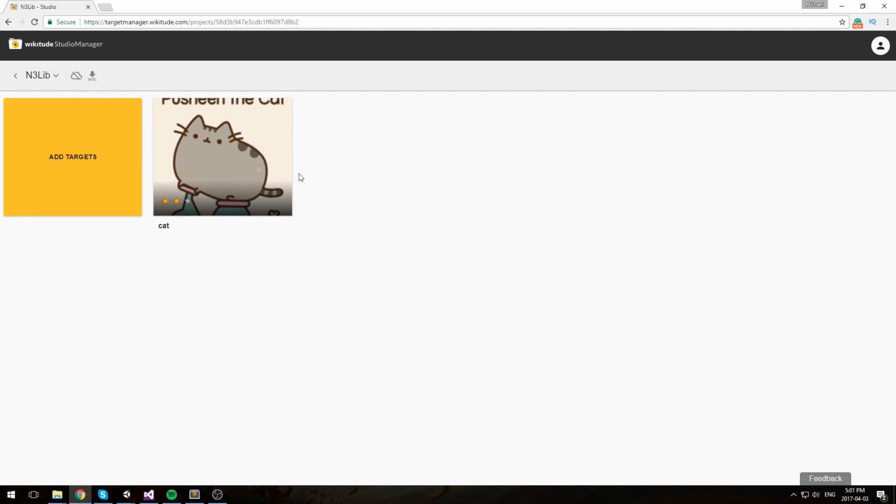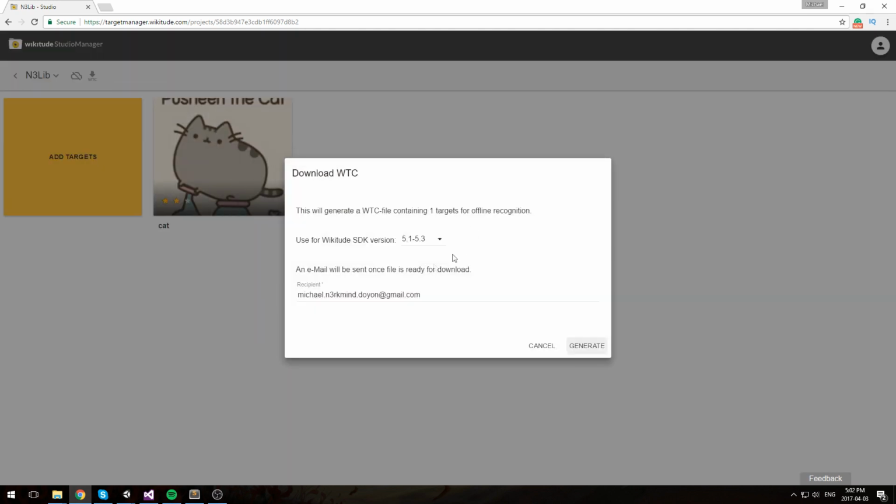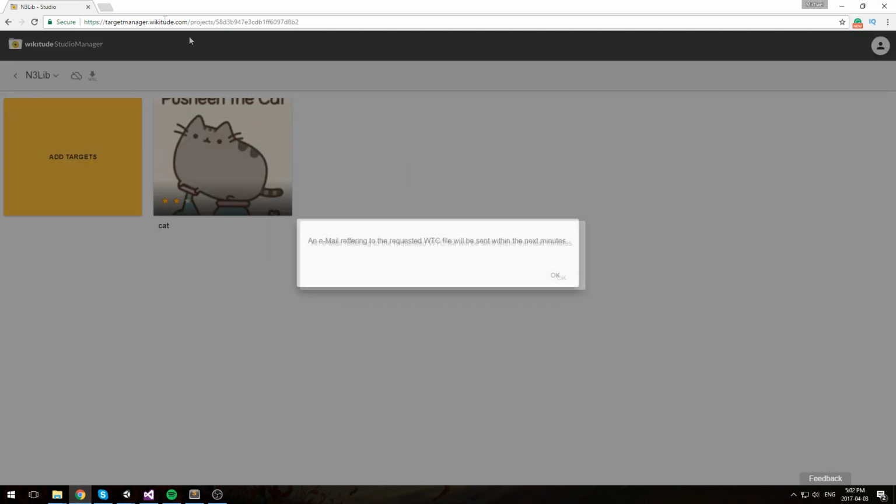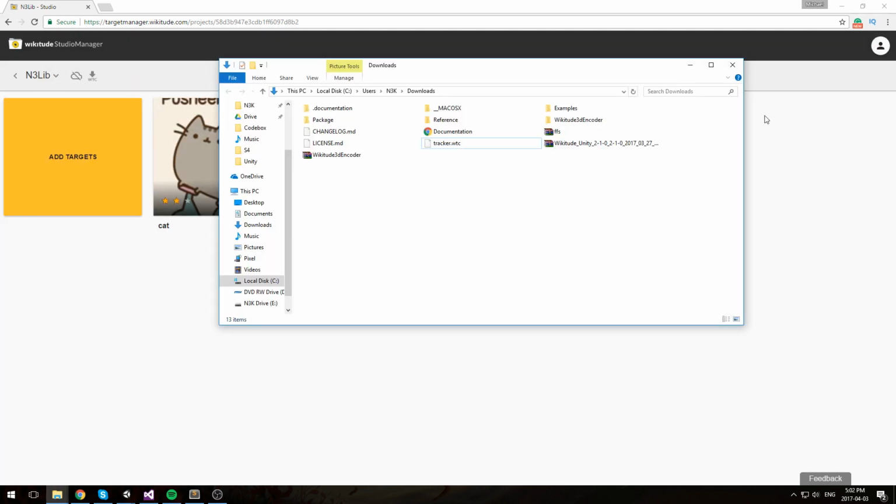So all the images you need, put them on there, and then you have to download the WTC file. I'm not quite sure what it stands for, but we're going to click on this little button right here, and it's actually going to send it to you through email. So I'm going to have to fetch that on my email real quick. So I've opened up my email. I have the